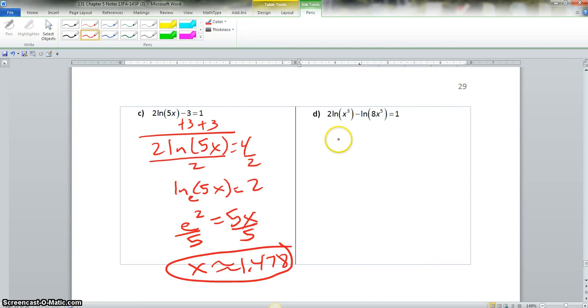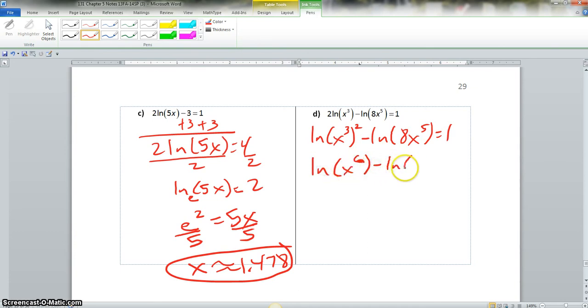Now we come here to D. Now again, first thing we need to do is set this up, make it as close to a singular logarithm as possible. So we have natural log of x to the third to the second minus the natural log of 8x to the fifth equals 1. Now this will give us the natural log of x to the sixth minus the natural log of 8x to the fifth equals 1. Now, you notice this is subtraction, so we have the natural log of x to the 6 over 8x